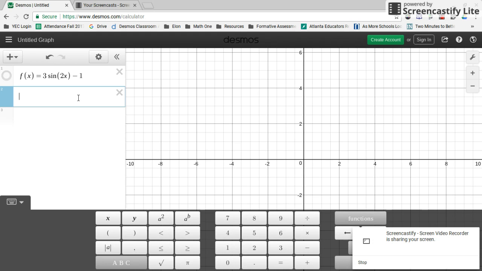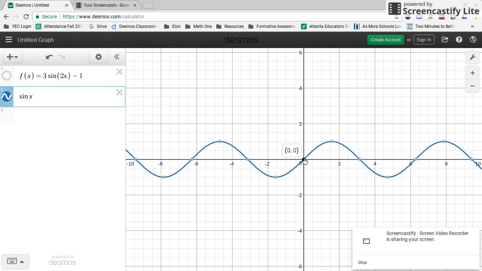All right. So I'm going to start with the basic function sine of x. You need to know the basics of sine. You need to know that it starts at the midline, that it ends a cycle at 2 pi, that your standard cycle for sine is 2 pi. So you need to know this. That might be good to write down. From 0 to 2 pi is 1 cycle of sine.